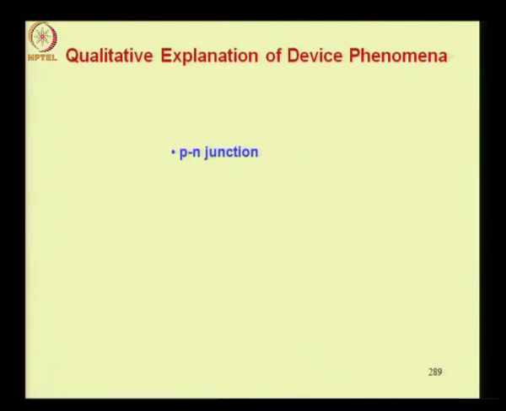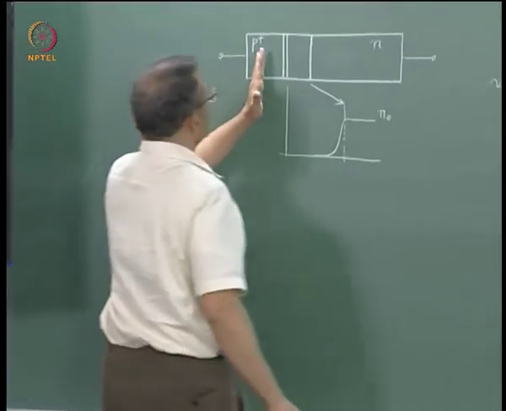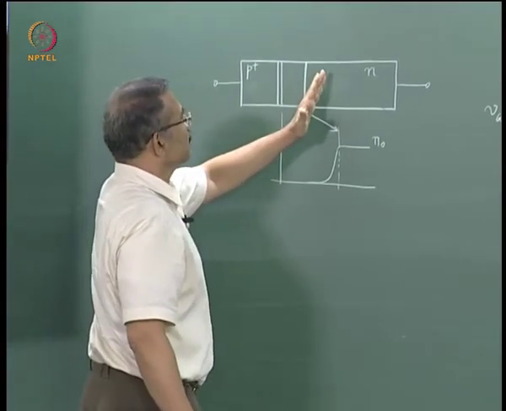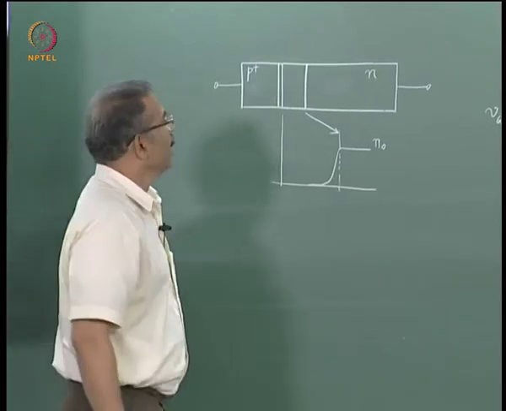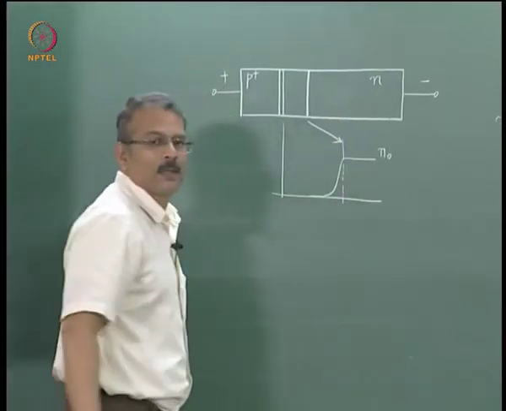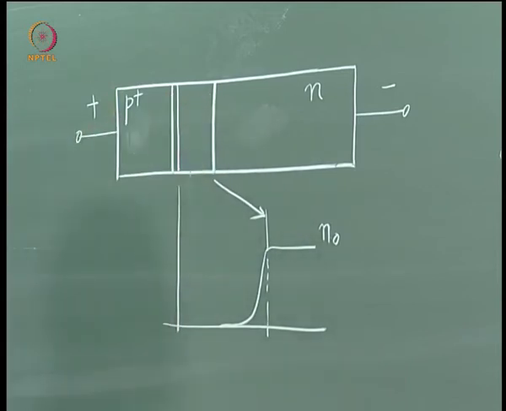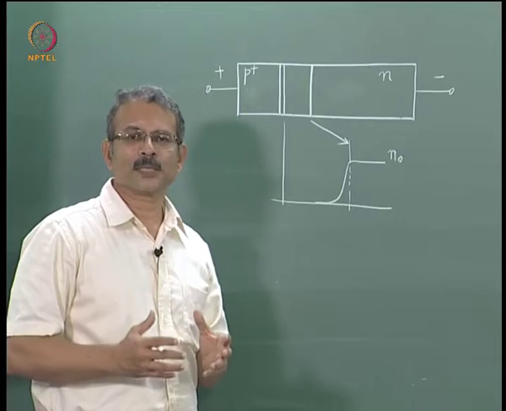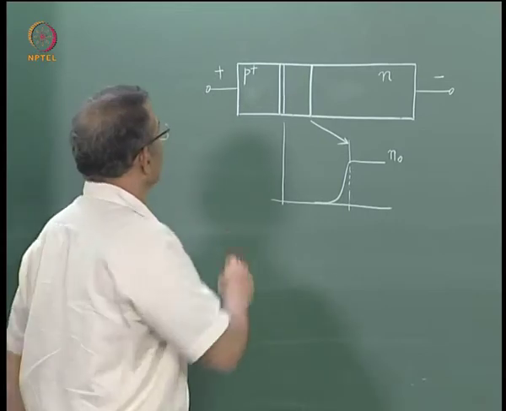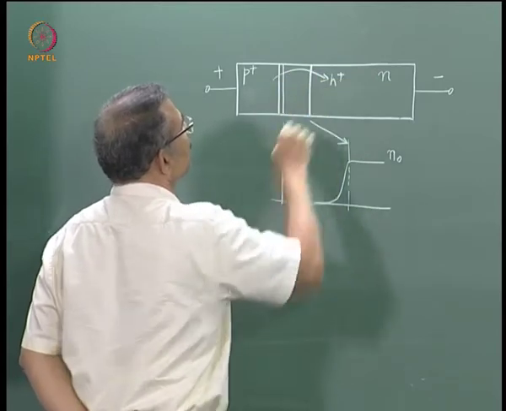Let us look at a p-n junction. Now suppose we are talking of operation of a p-n junction, and we want to explain what happens if you suddenly apply a forward bias. What is the sequence of events, how do the conditions in the device evolve? So now in terms of our knowledge of various characteristic times, we could describe the evolution as follows. The moment you apply a forward bias, the p region injects holes into the n region.